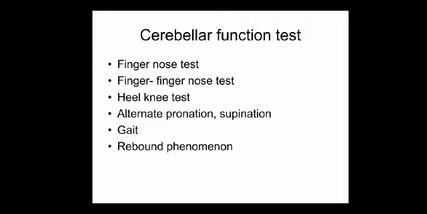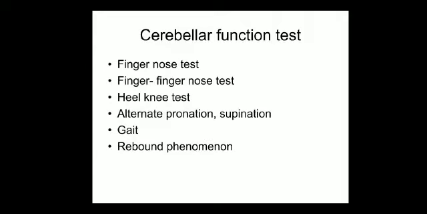And then rebound phenomenon. If the patient is asked to flex his forearm against resistance, and then the resistance is suddenly released, the patient cannot break the movement, and the released forearm flies backward and strikes his face. So ask the subject to flex his forearm against resistance. What will happen immediately if you release the resistance? Because of the force, the flexion of the forearm, he may hit his face, he may slap his face.